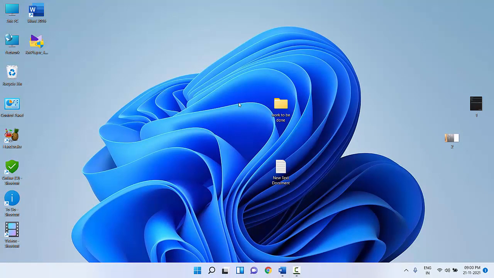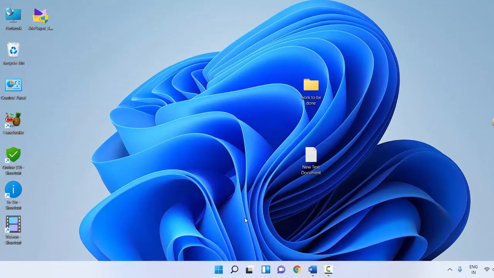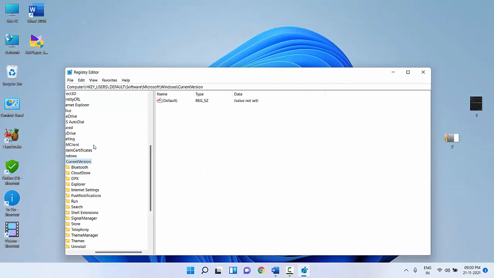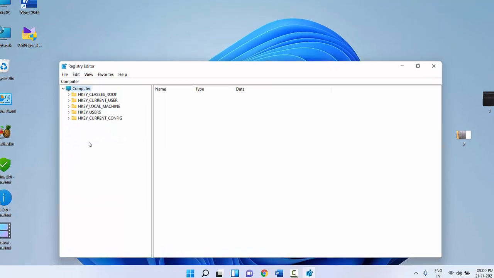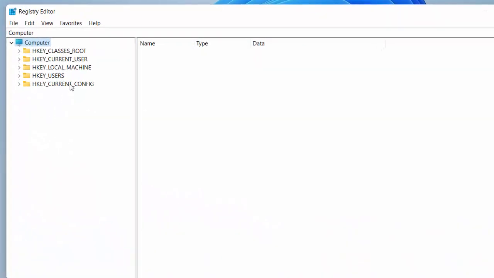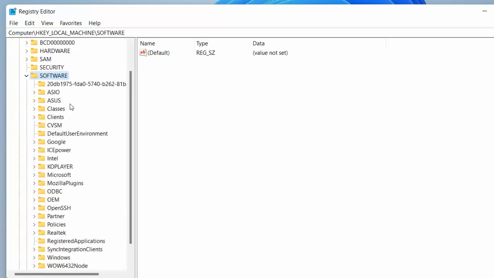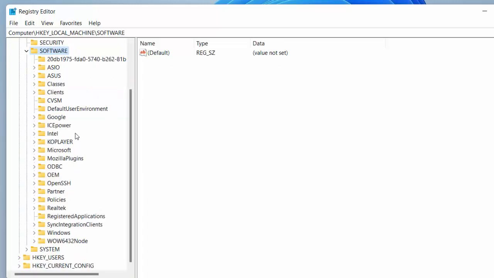So if it does not work, then the next option is again go to Run by pressing Windows R and type REGEDIT, open it, and this time go to HKEY_LOCAL_MACHINE, extend it, and then go to Software here and then select the Microsoft.